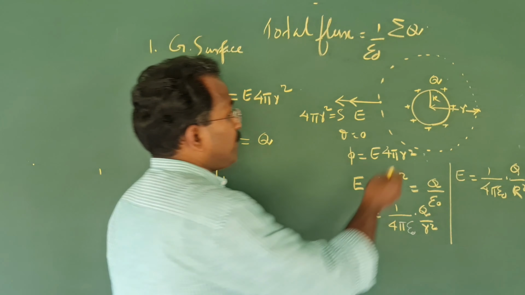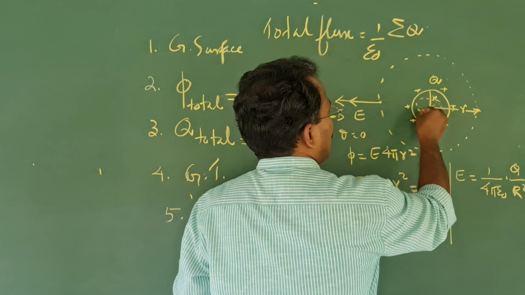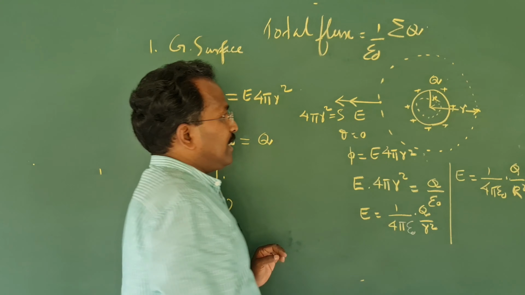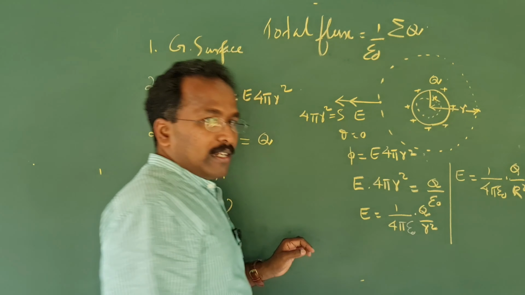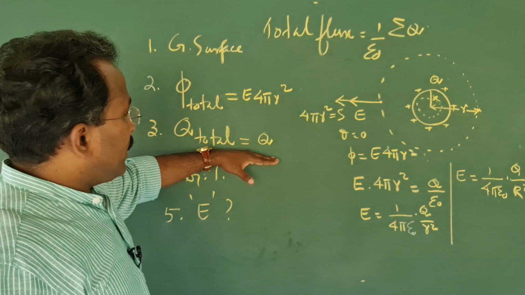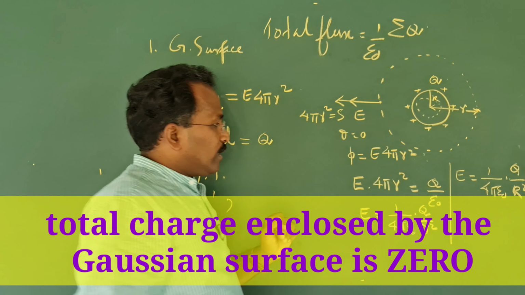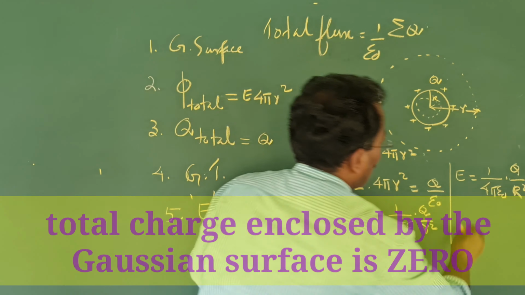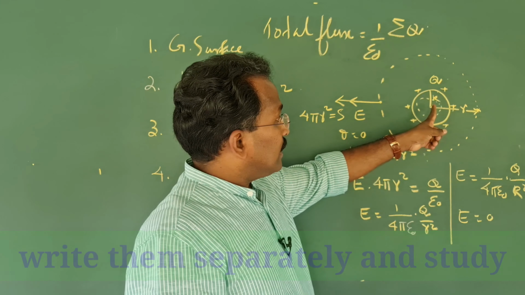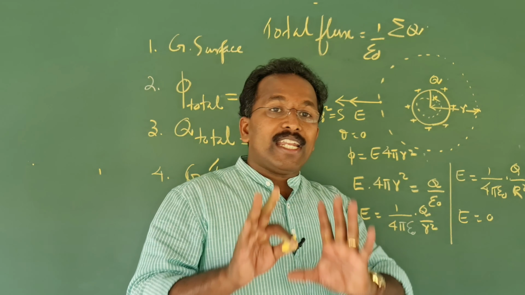And in case the point is inside the shell, that again is very important and interesting. If it is inside the shell, up to this it is the same, but the total charge enclosed by the Gaussian surface is 0. So here you will have 0 and you will get E is equal to 0 there. That means this charged shell has no electric field inside. So these three situations are totally different and you should not confuse between them. Here the interesting thing we learned is there is no electric field inside a charged shell.